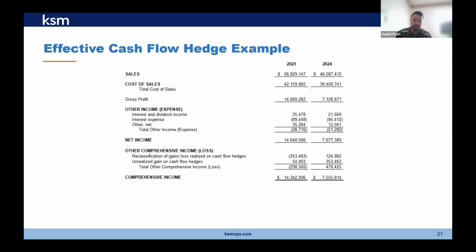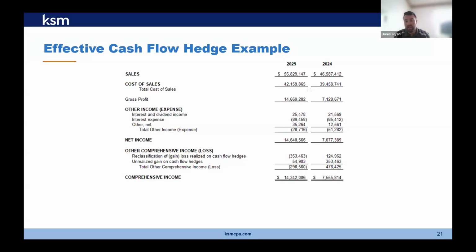On this income statement, we can see how this reclass happens. It's laid out a little differently than previous examples. If we start in 2024, we have this unrealized gain on cash flow hedges of $353,463. That would have been the unrealized gain amount on this company's investment statement for their derivatives at the end of 2024. In this example, all those derivatives matured within 2025, and therefore those amounts need to be reclassed out of OCI